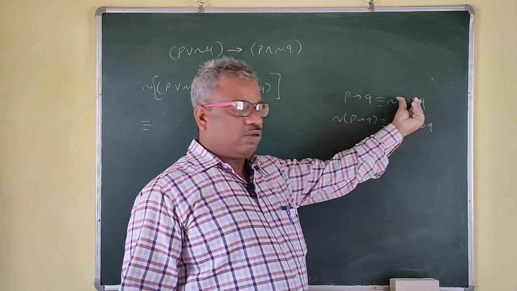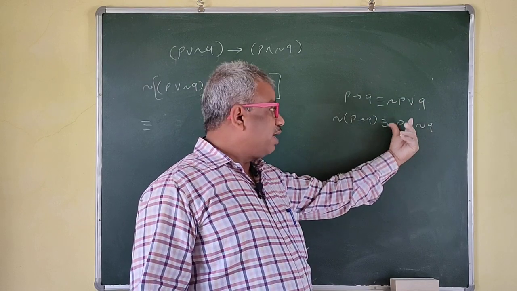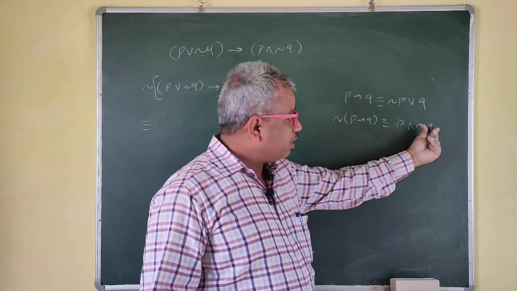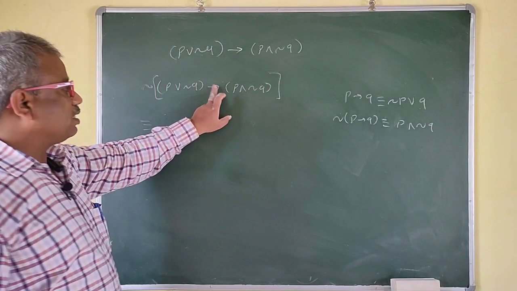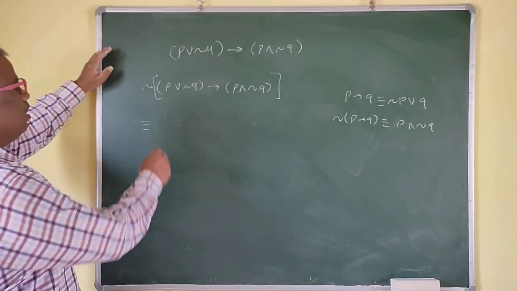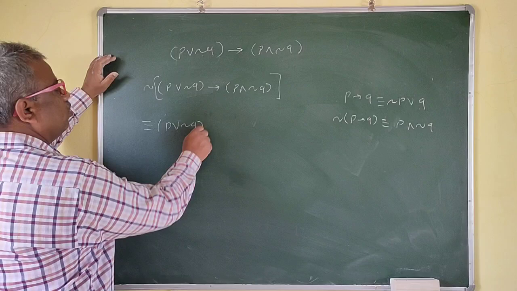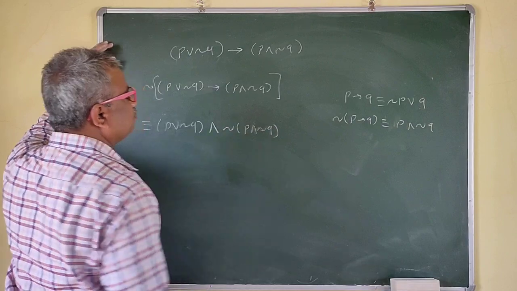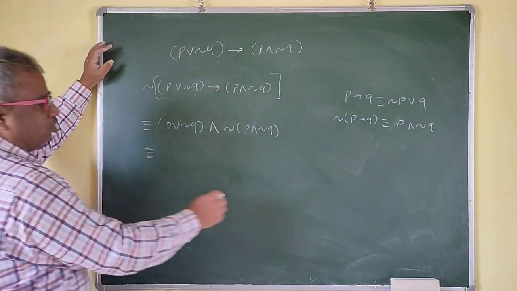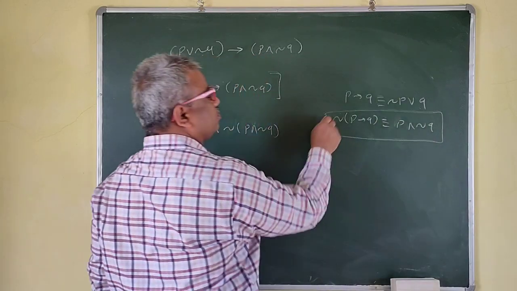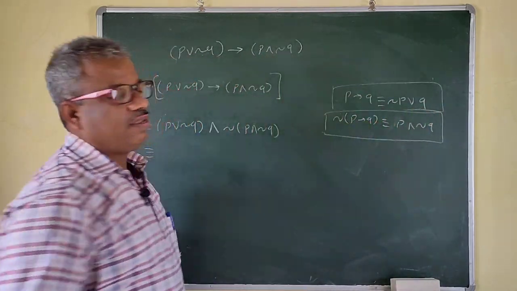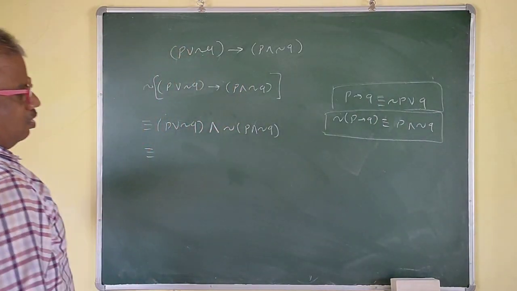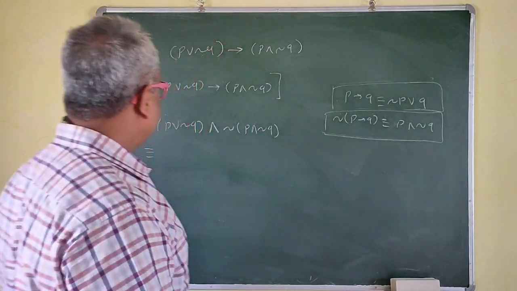So here we are joining these two by or and we are taking the negation of the first one. Now here, join these two by and, and take the negation of the second one. So we'll write this as and we'll take the negation of this one. Simply now this is P or negation Q, right? And negation of P and negation Q. So remember this also; with the help of this you can easily find this one.